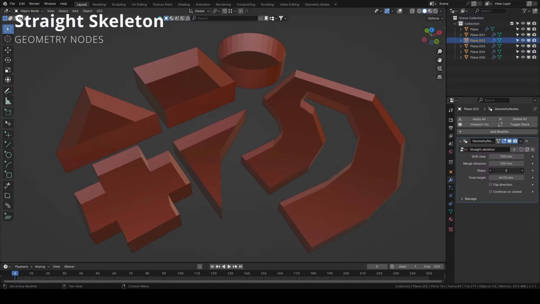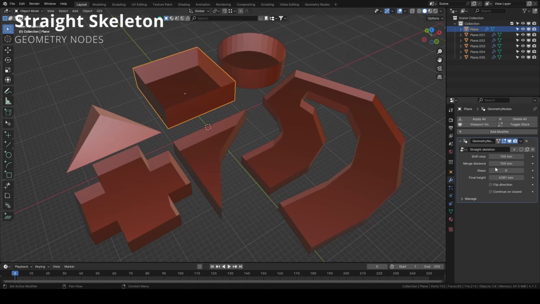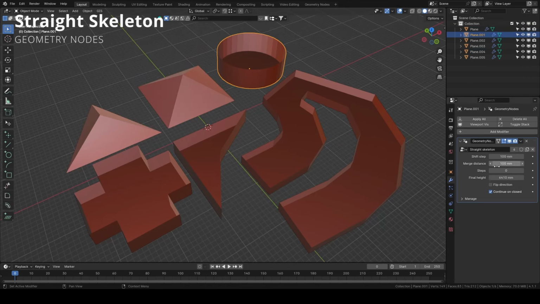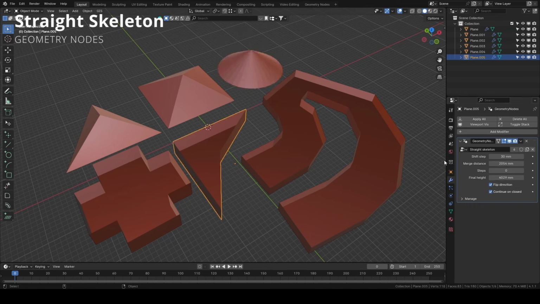Hello guys, in this new tutorial, it's a little experiment. A user on my Discord server asked the community for a way to make a geometry nodes workflow to implement a straight skeleton feature. I read some documents about it, but without going too much into depth, I decided to